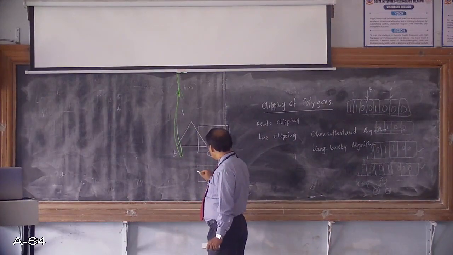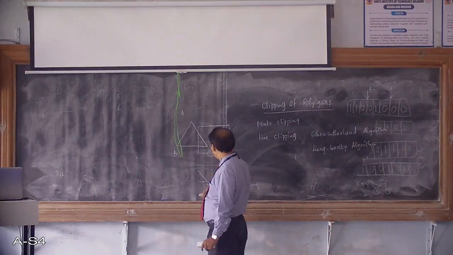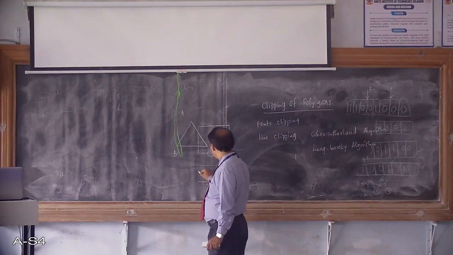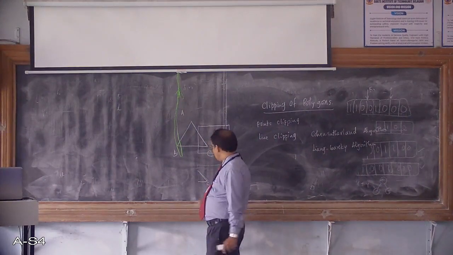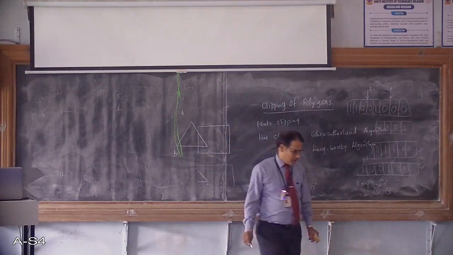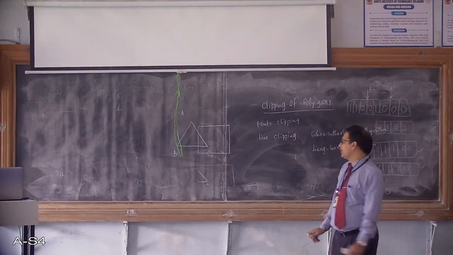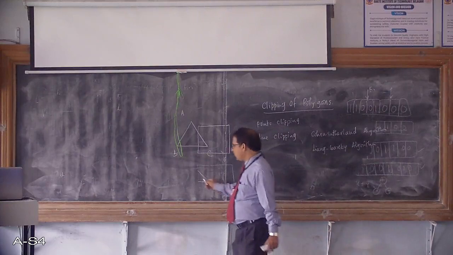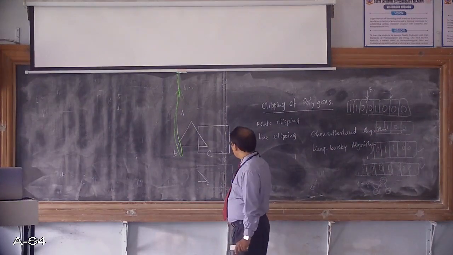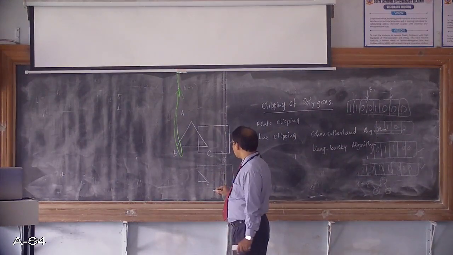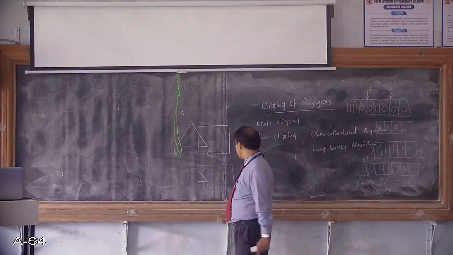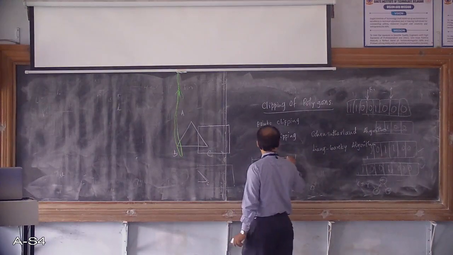The result of the clipping would be two line segments which are called fragments. So this kind of clipping may result in fragments, and therefore what is expected here is that instead of these two line segments, we are supposed to get